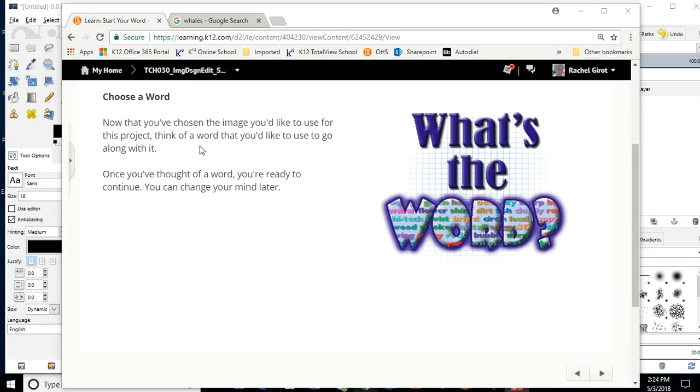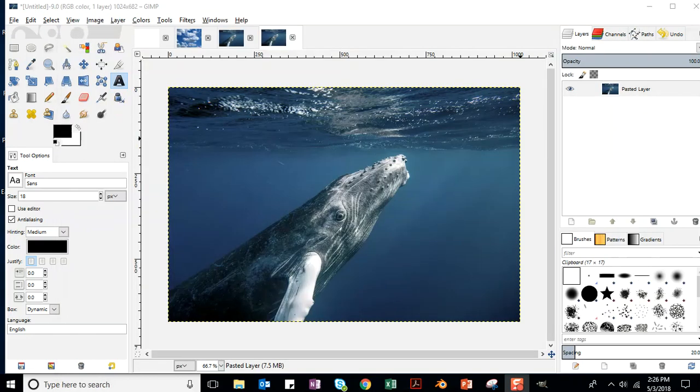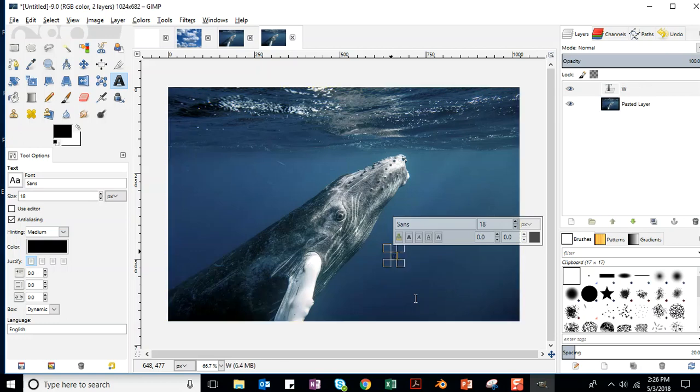Now, think of a word that you'd like to use to go along with your image. Once you've thought of a word, you're ready to continue. You can change your mind later. All right, so let's just go ahead, and you want to be thinking about contrast. So since I have a dark background, I need something that is going to pop out. If I use black, grabbing my text tool, and I'm just going to click right here, and if I type the word whale,